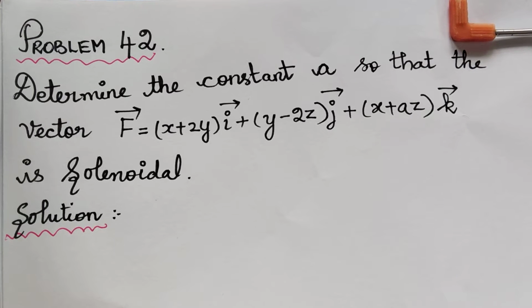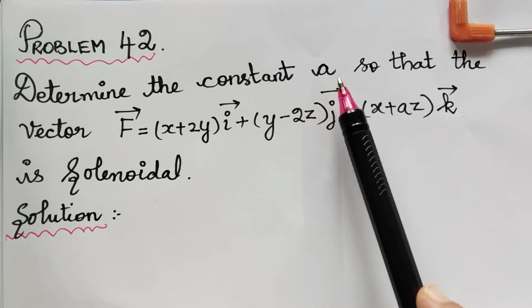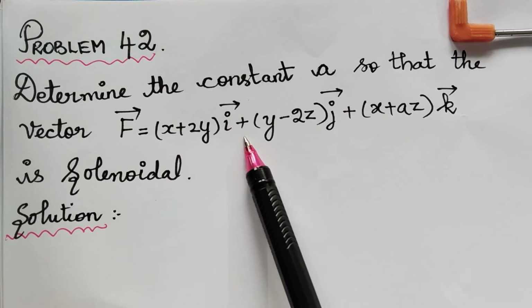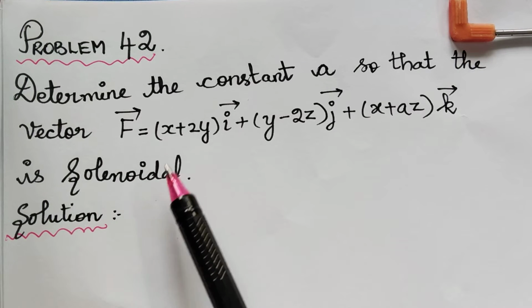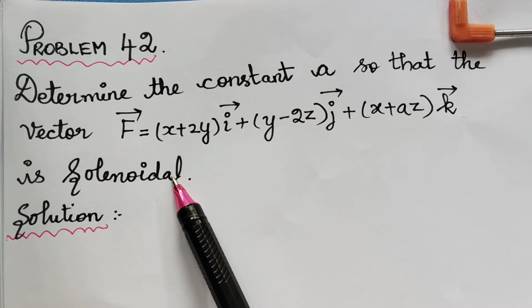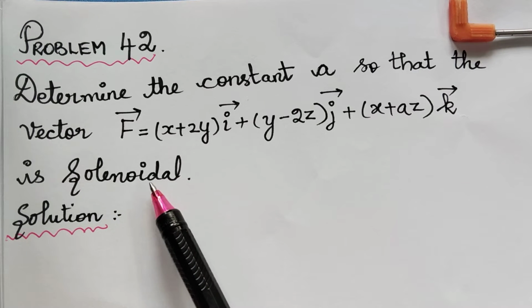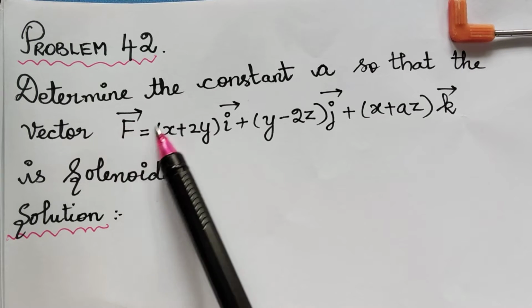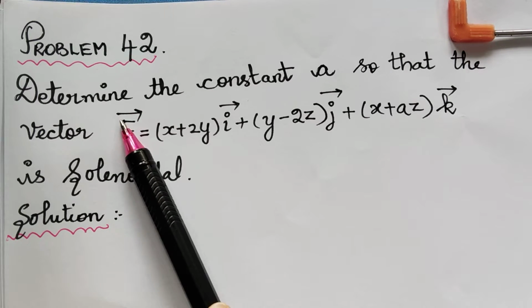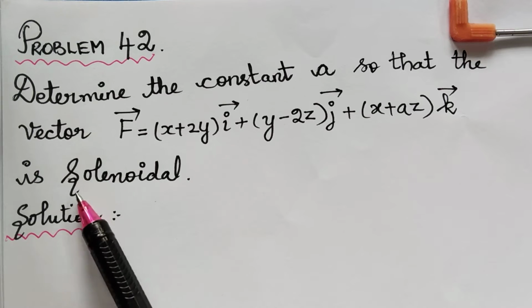Hello students, under the topic vector differentiation, we are solving problems under divergence of a vector point function, where the question here is to determine the constant a so that the given vector point function is solenoidal. We know that the vector point function is said to be solenoidal if the divergence is equal to 0. That is, if the divergence of the function f is equal to 0, then we say that f vector is